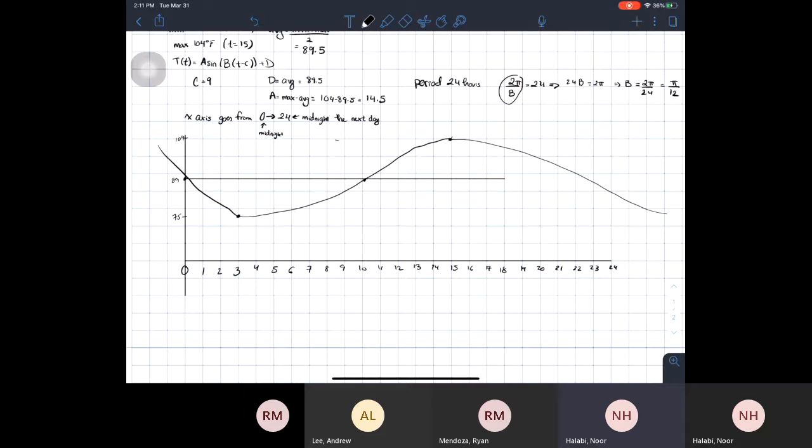Because I know that the distance between one vertex, this is a vertex here, and this is another vertex, so the distance between here and here is 12 hours. And obviously between 3 and 0 is not 12 hours, right? So I know that it's going to hit a 0 or like a